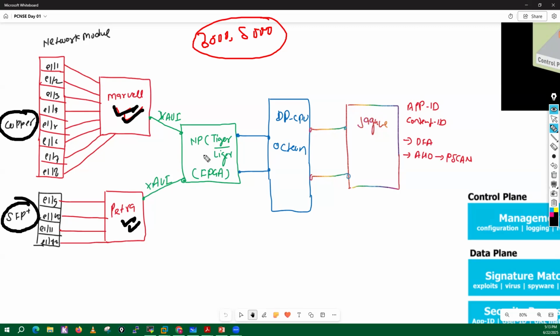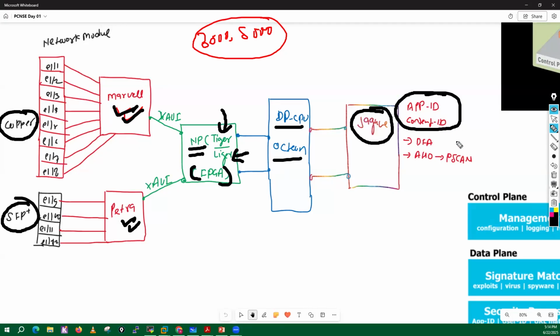Then this Marvell and Petra chip used to have connectivity with your network processor. In high-end boxes, we used to have a Tiger chip. In low-end boxes, we used to have a Liger chip. It was an FPGA. So this was your network processor, and this network processor will have connectivity with your data plane CPU, where we have an Octeon chip, and this particular data plane CPU will further have connectivity with your Jaguar chip, which is responsible for app ID and content ID, the DFA algorithm, and the AHO algorithm.